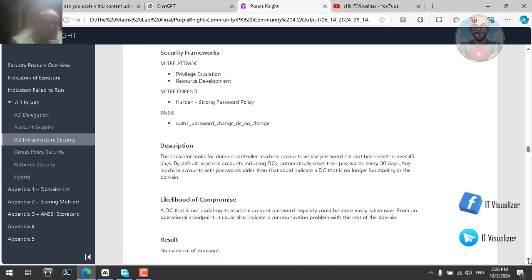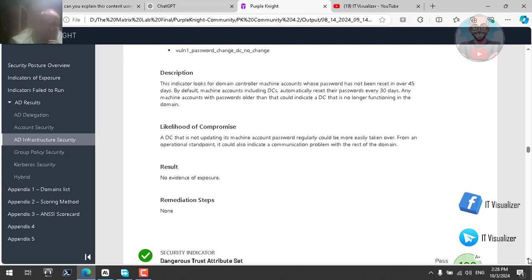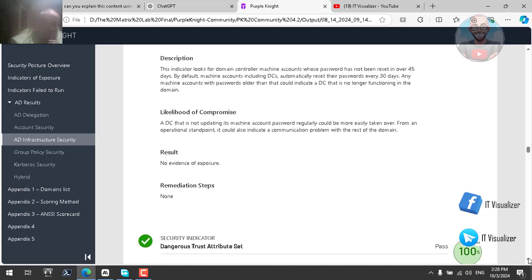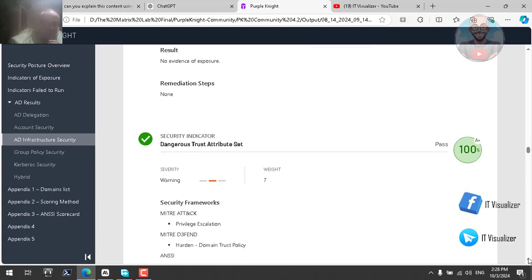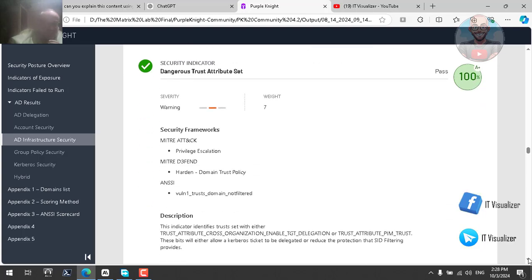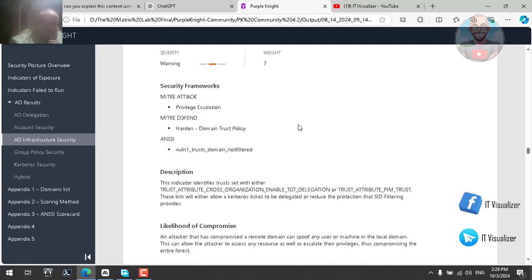Maybe this is a demoted domain and it's still in the network, maybe. Okay, so let's see the next test, which is dangerous trust attribute set. What is this? If you're having a domain trust or a forest trust, it is checking for two